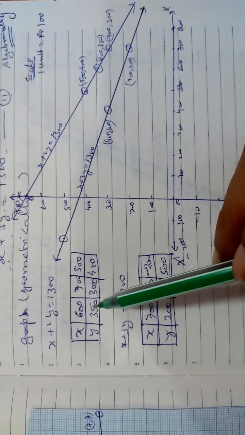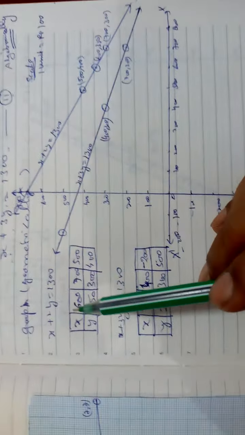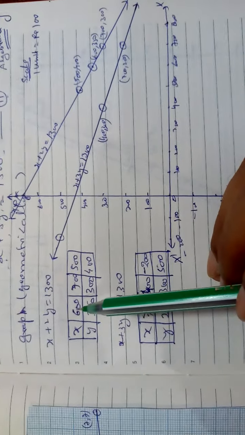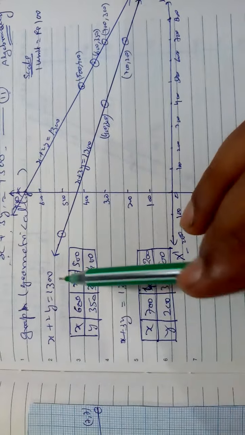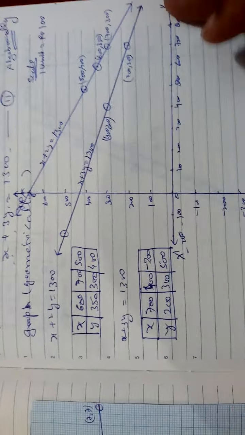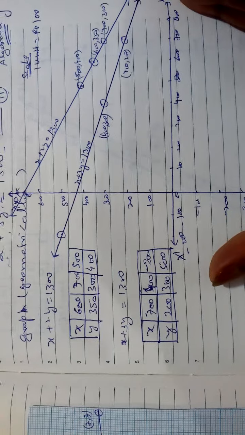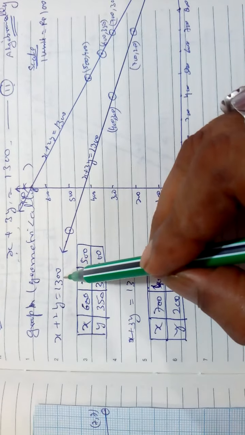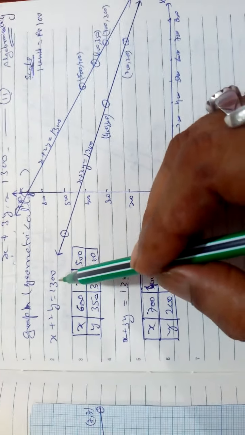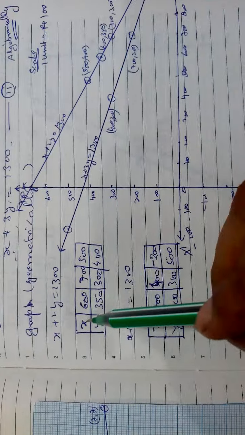Now for graphically you will take it like this, but not in the form of 1, 2, 3, you write 100, 200, 300, 500, 600. Try to get not 1200, because there will be a very long line. So what will you do? Start from the middle of 1300. 650 is the middle, so some less, some more. According to this you plot.